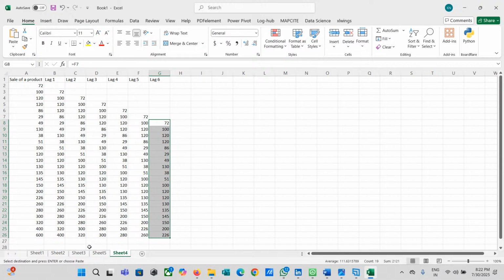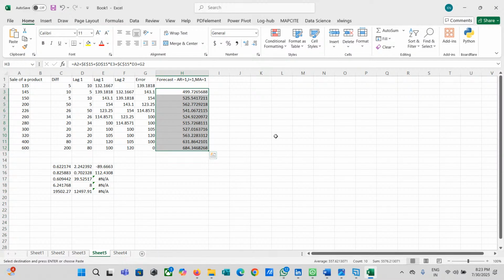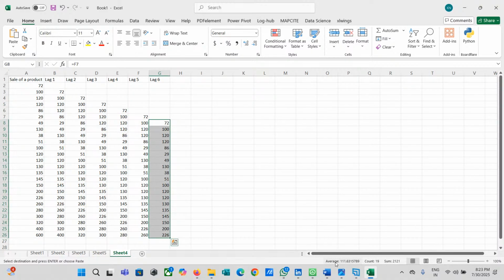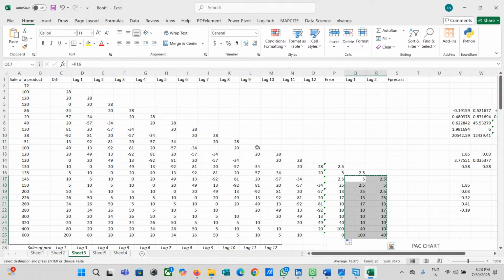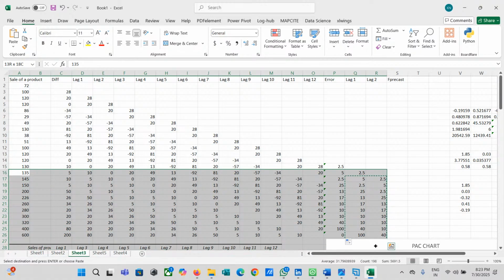There is some issue because we don't have to get so many data points here. 135 onwards, right? 135 onwards, we're getting here. So let me paste from here once again. Yeah, so this is 135 onwards.